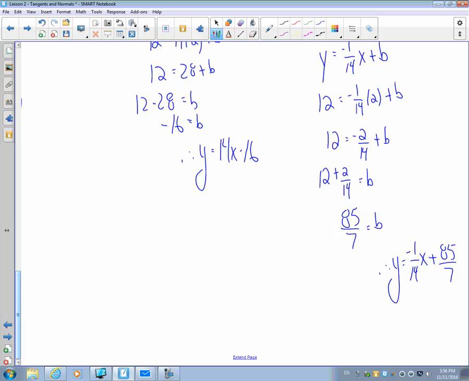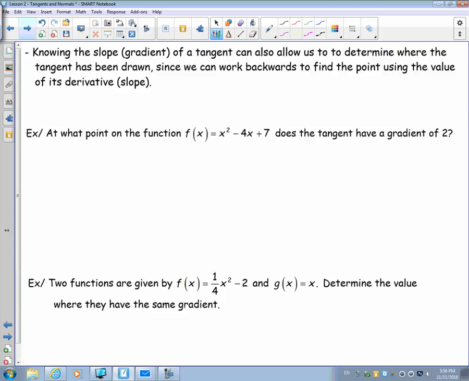Okay, tricky stuff there. Guaranteed that you have to be able to do one of these kinds of questions. You have to be able to find equations of tangents and normals. That's kind of the whole idea of instantaneous rate of change. What's nice about tangents is you can use them to help yourself work backwards. If you know the gradient or the slope of a tangent, you can figure out where you drew the point